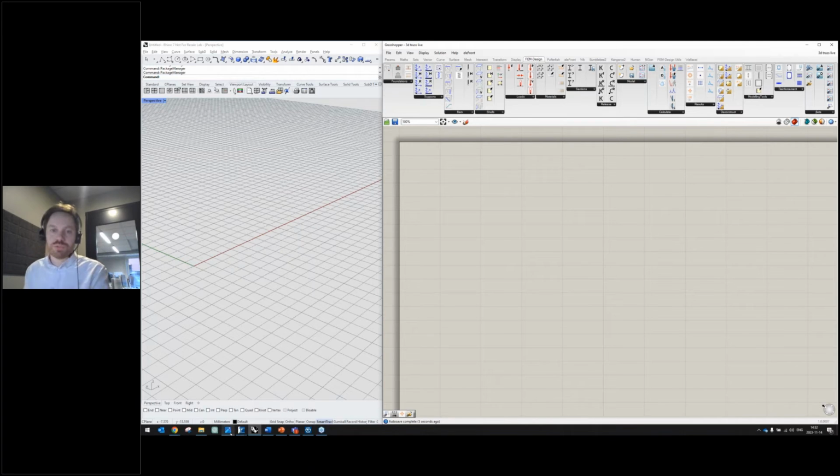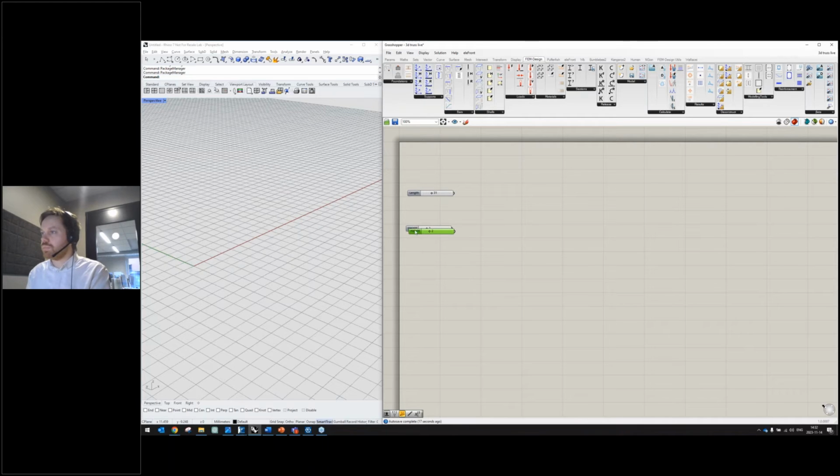the different inputs, the different parameters that I want for my truss. So I want a length. I can just give a value and it will automatically give me a number slider where I can set the value like this. I can name this by right-clicking and typing a name here. So let's say that this should be the length parameter of my truss. And maybe I want a height parameter